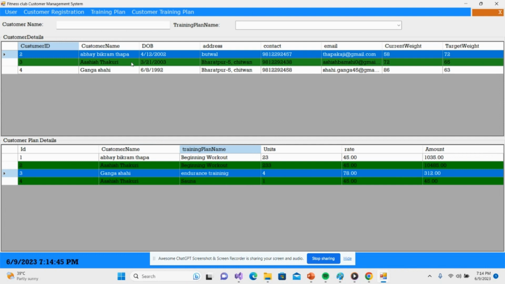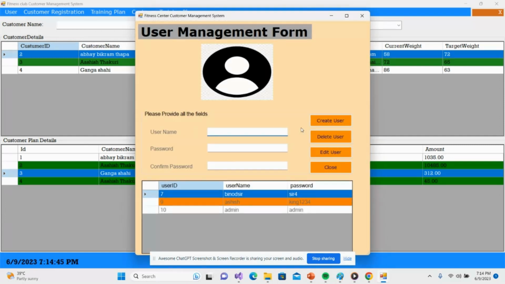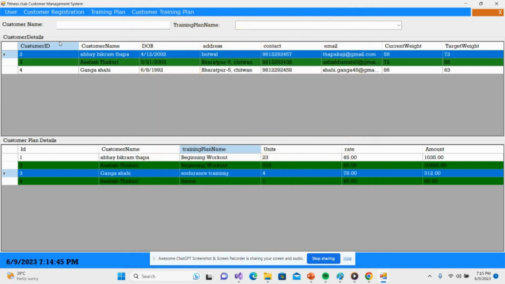Now we can see this is very easy for a user or anybody to use because it is user friendly. I can create a user, I can edit the user, delete it, I can do anything. So this makes event programming very easy to understand. And another main advantage of using this is extensibility. Event programming often has high extensibility as new events can be easily added without modifying the existing code. For example,